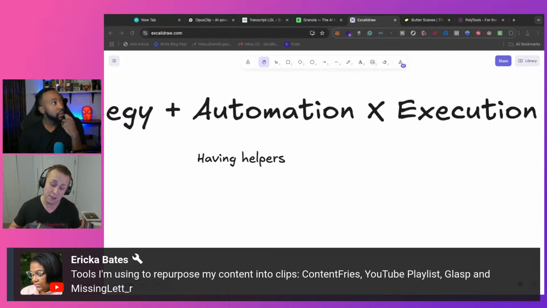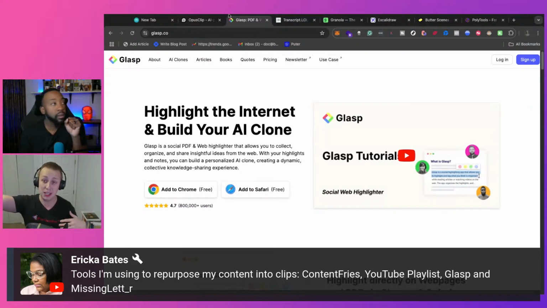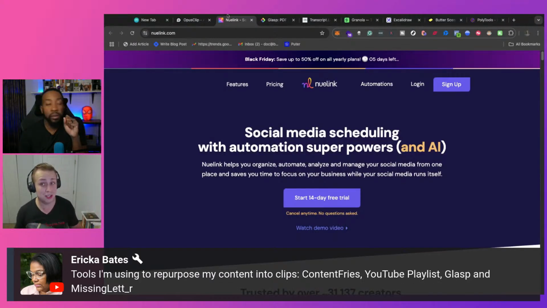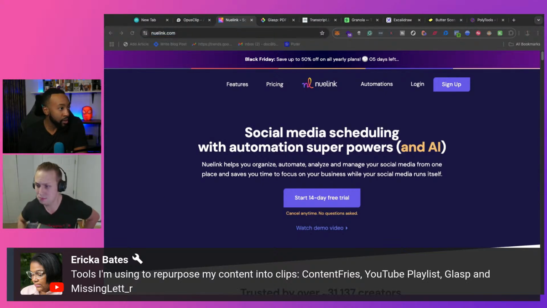Glasp.co. And then finally, Erica brings up Missing Letter. And that was one of the tools that, while not my favorite, it is a strong tool when it comes to that strategy I mentioned before. So many tools could not do that. In fact, I don't think most tools, even now, could do that strategy the day of, day later, week later, month later, that kind of thing. That interesting strategy I mentioned. But Missing Letter was one of the few ones that could. CoSchedule is another one that could do it as well. But Missing Letter also had a couple lifetime deals, which I think is pretty cool.